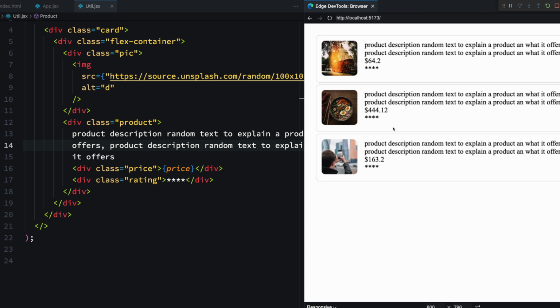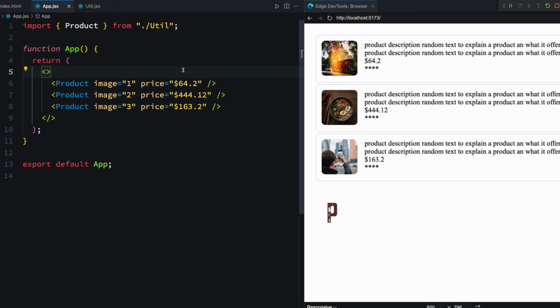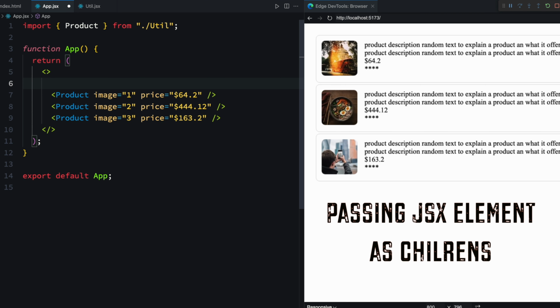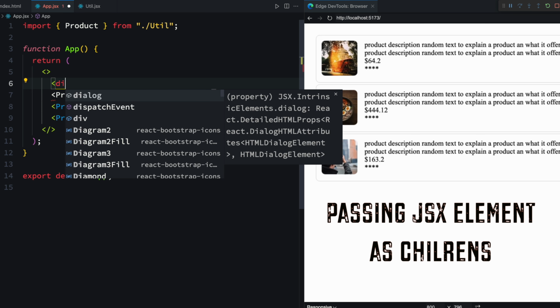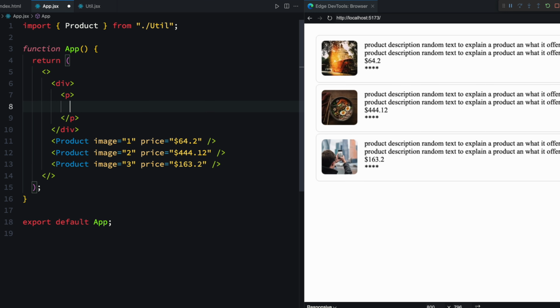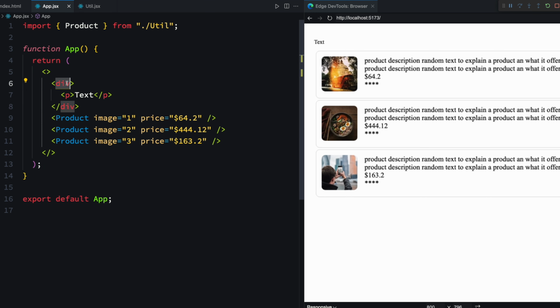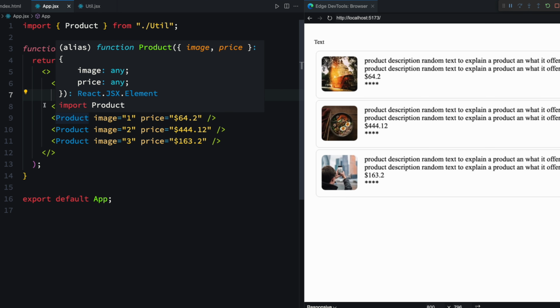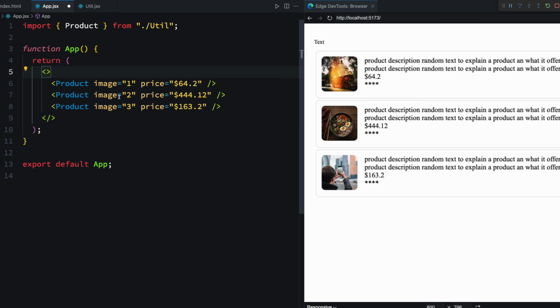Now, the next example I want to show you guys is how to set parent and children elements. That might not be very clear, so let me show you what I mean by parent and children. Now, this is a div. Everybody knows what a div is. And then you have this paragraph and this text. The div is a parent while the paragraph is a child, which is rendered inside where? Inside the div. You can actually also do the same thing to React elements, meaning you can have an open tag